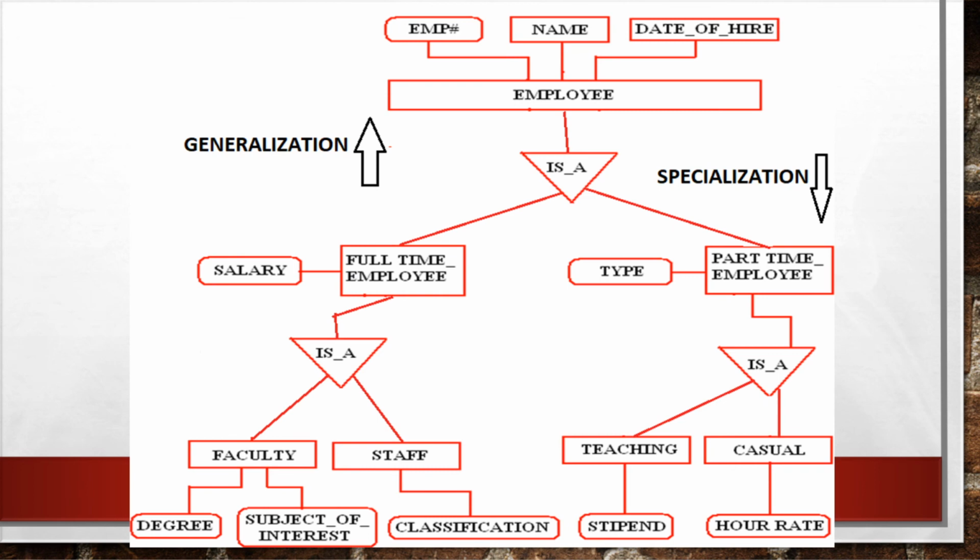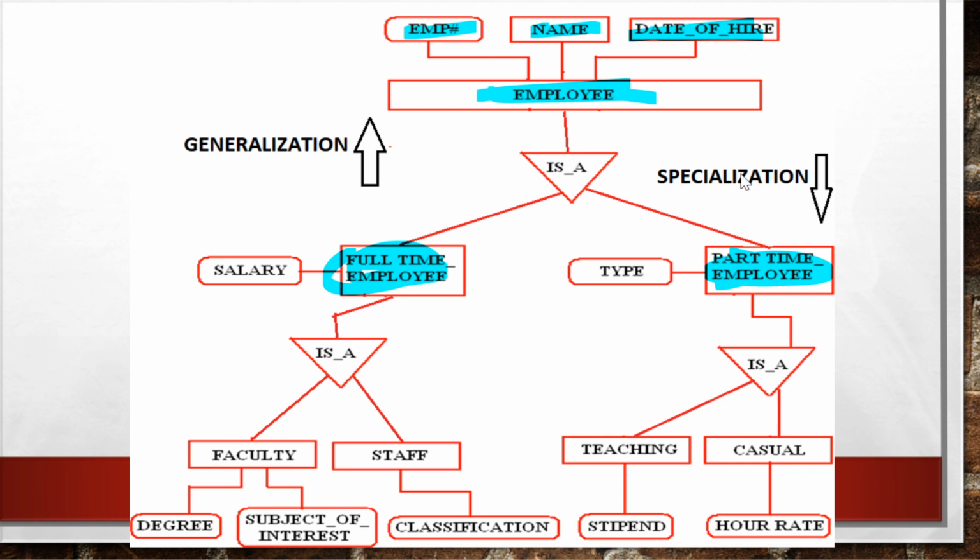Here is another example of employee. The employee is a full-time employee or a part-time employee. So we are just taking care of entities only, not the attributes. These are the attributes, and attributes can be handled easily, but we have to specify the relationship between entities. So the full-time employee and the part-time employee are specialized classes of this "is a" relationship, and we can also have the hierarchy of the generalization and specialization concept.